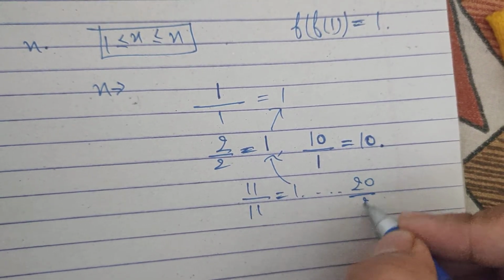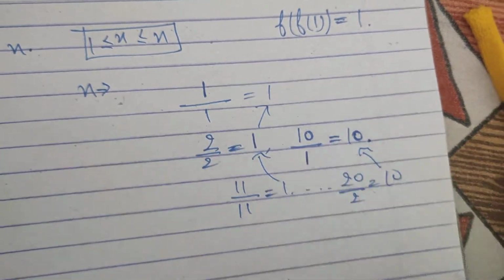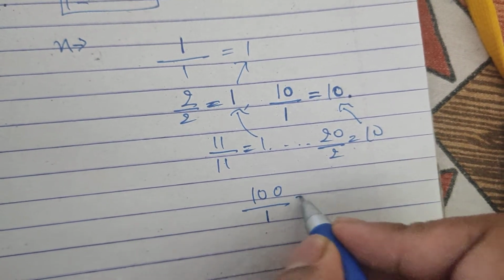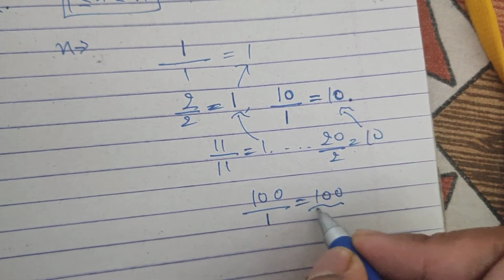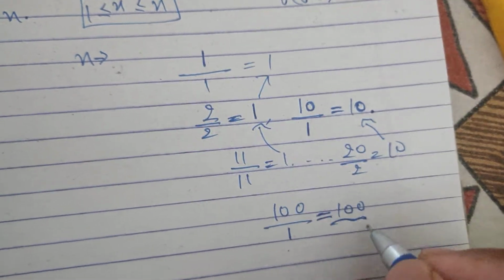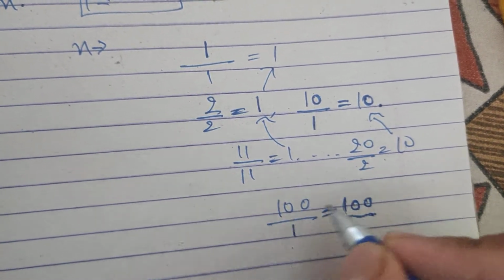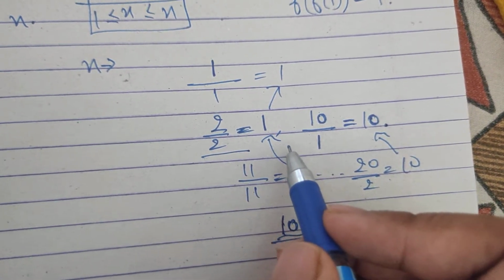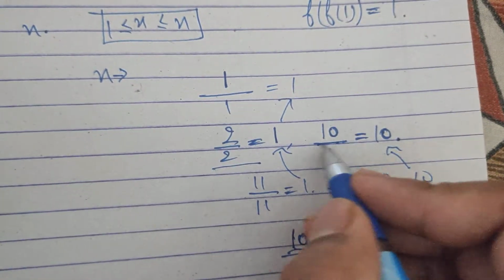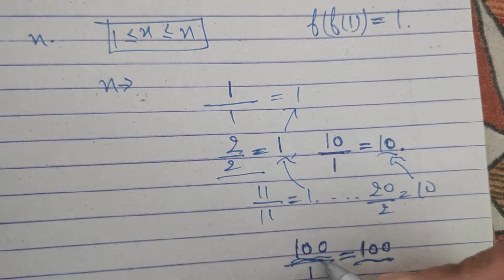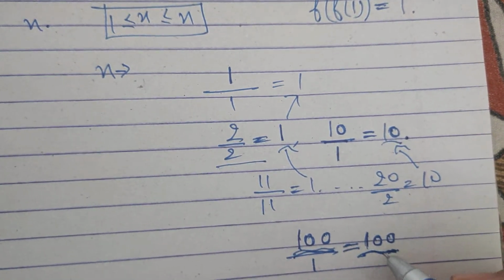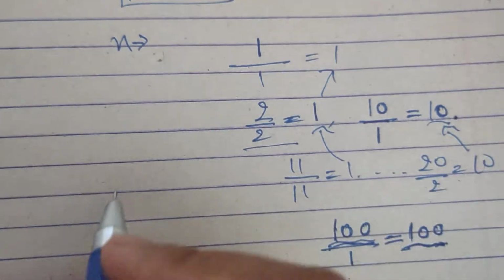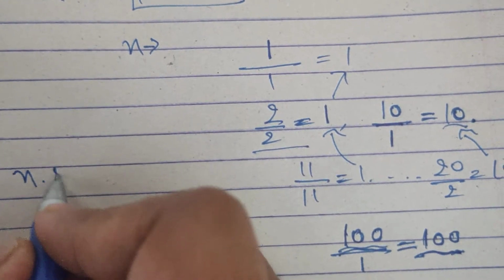And for 20, it will again be 10, the same value. The value will be different when it comes to 100. X will be 100, and 100 divided by 1 is 100. So a different value comes. So we can guess from this that a new number comes when there is an increment in the number of digits. First it was a one digit number, so one different value. When it went to two digits, a second value came. When it went to three digits, a third value came. So we just have to print the number of digits in n, that is, n.size().